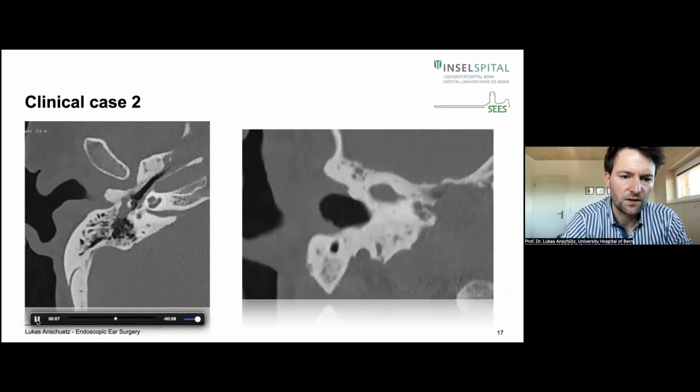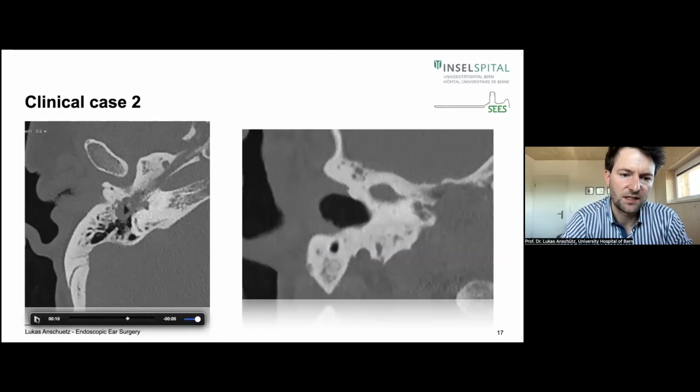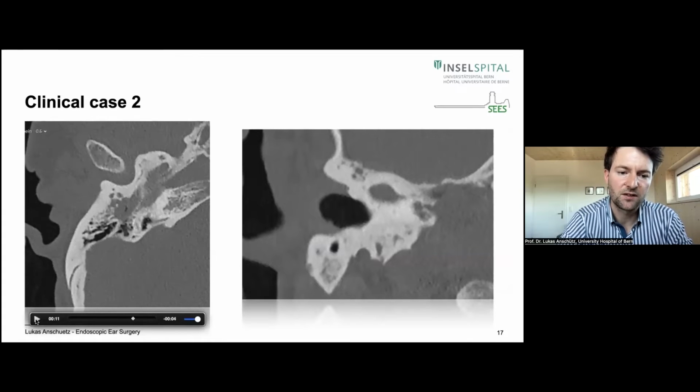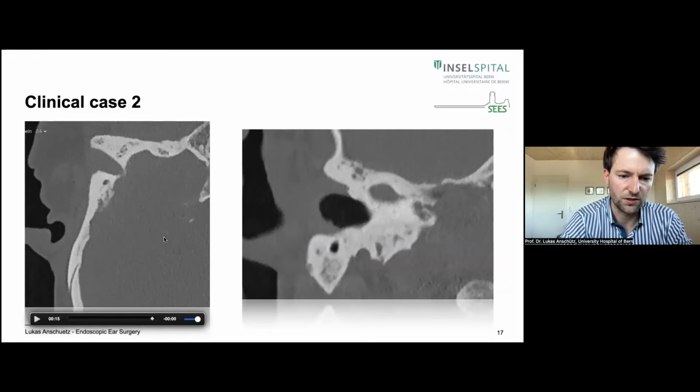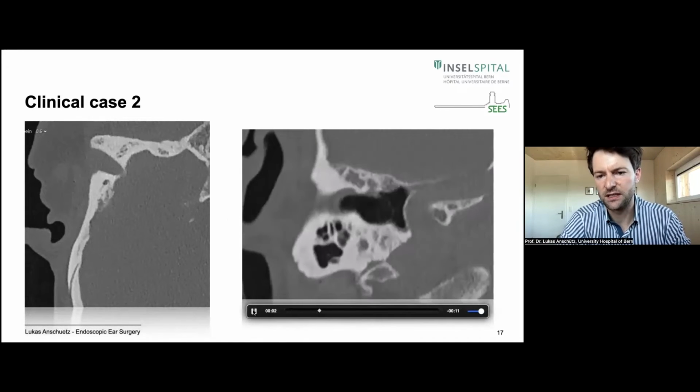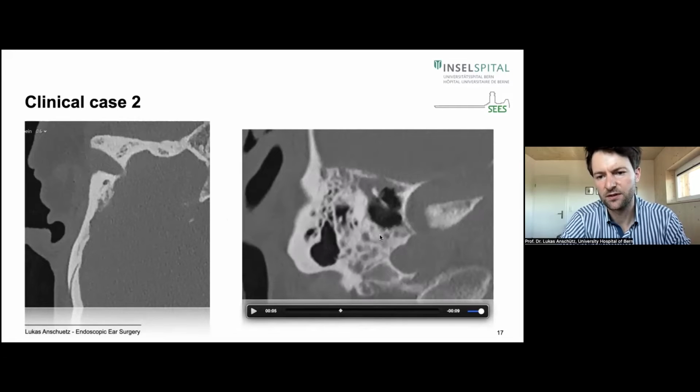So you can see here, again, probably this is the end of the cholesteatoma, and it reaches almost the end of the lateral canal. You can see here it goes even a bit more into the mastoid. So it's quite a limit of indication case. That's also why I want to show it to you. And if we look at the coronal scan, we can see a very similar view. You can see the middle ear is free, and here the cholesteatoma in the attic.